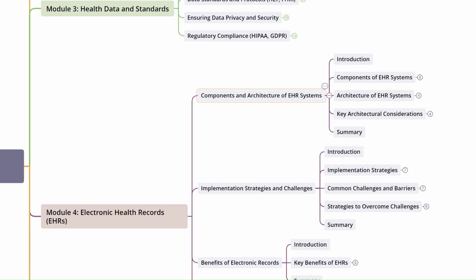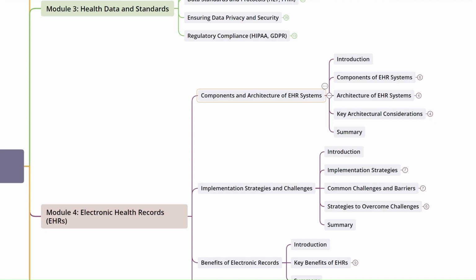Key components of EHR systems include modules for patient demographics, laboratory and imaging results, clinical notes, medication lists, and billing information. These components are interconnected through a sophisticated software architecture that supports data interoperability, real time access, and secure transmission. Understanding the structure and components of EHR systems is crucial for appreciating how they function as a centralized hub for